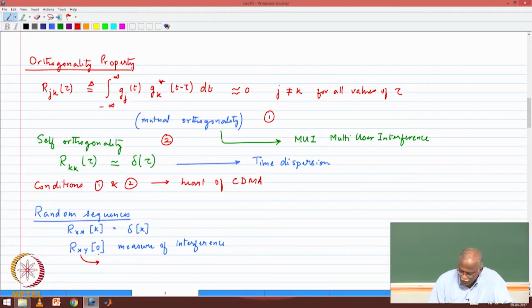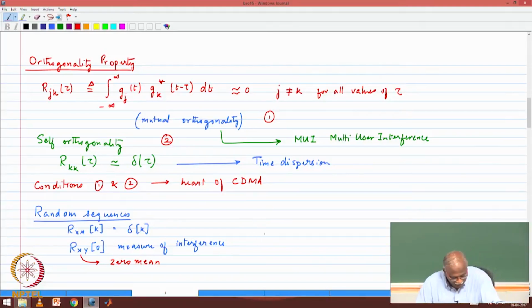This one we showed, because of the information bits being independent, turns out to be zero mean, the property of the bit sequence that represents the random sequence,